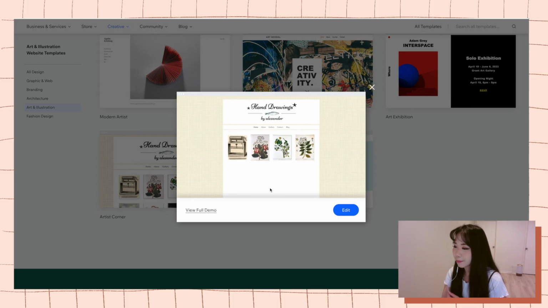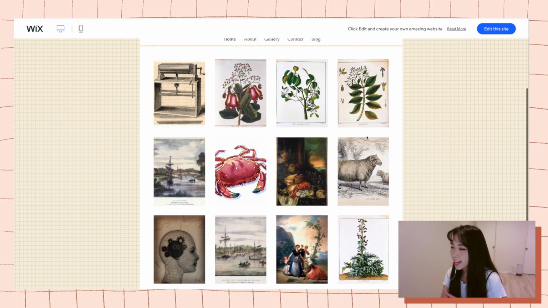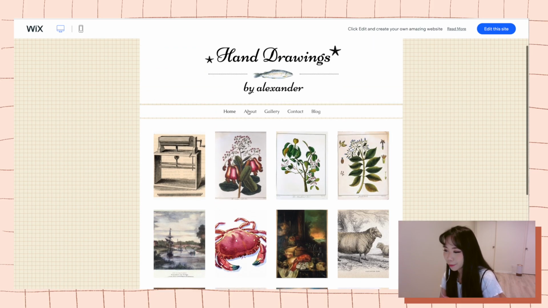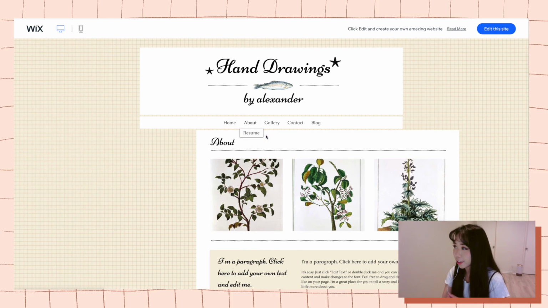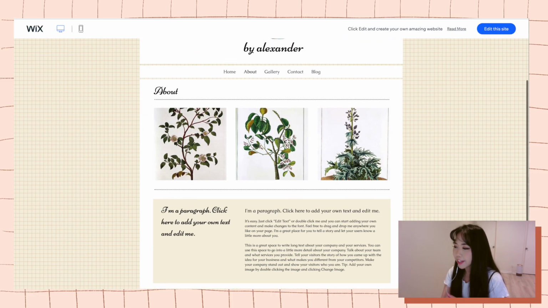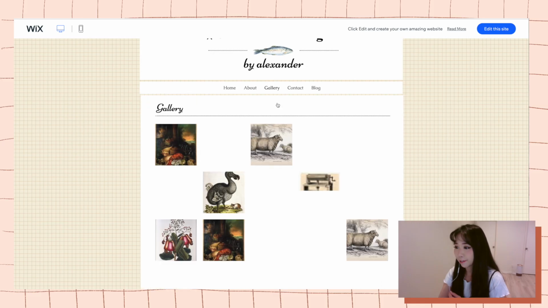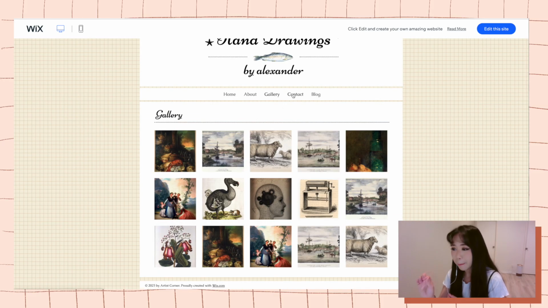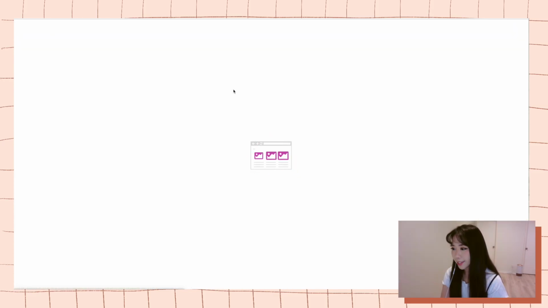So this template, the artist template, is actually pretty cute and it's simple but also charming. For a general artist portfolio, I feel like this template is a good mix of that straightforwardness with a pinch of cuteness. Okay, so after you choose your template, you're going to be brought over to this website editor page